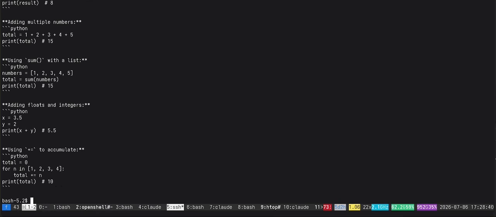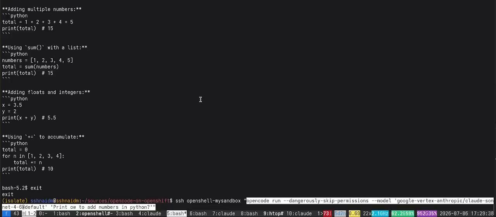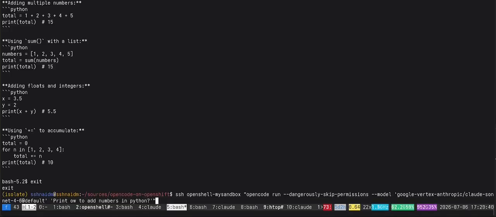And this is actually good for IDEs, because if you want to use it interactively using your IDE, many of them have plugins to connect over SSH and to edit code with SSH on a remote machine. In this case, the sandbox is just a remote machine to which you connect with SSH. And we will see how to configure IDEs later. And of course, you can run remote commands autonomously as well, like that.